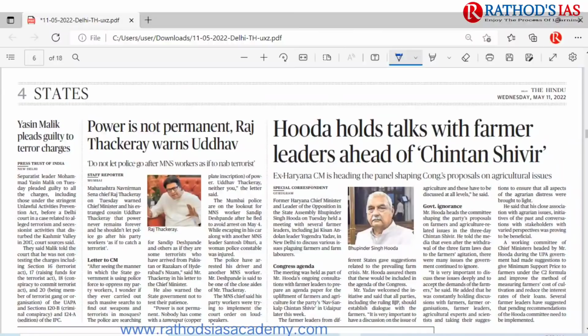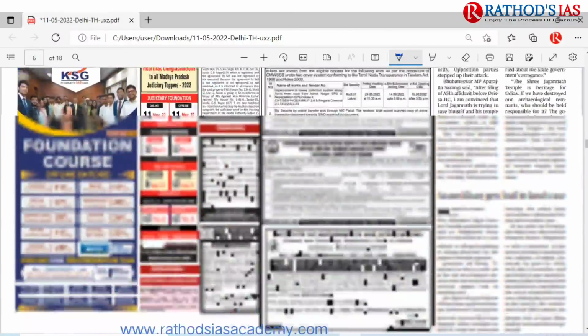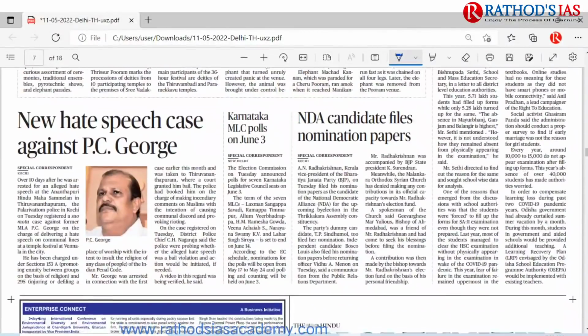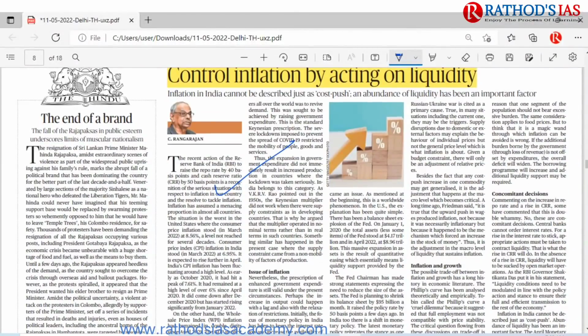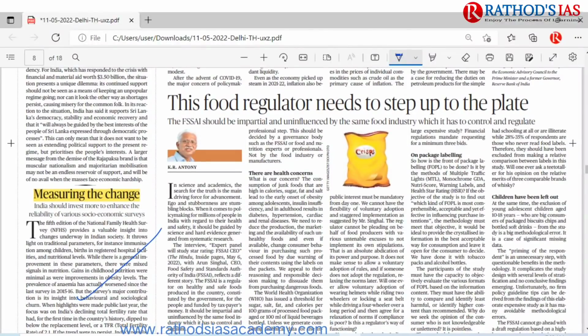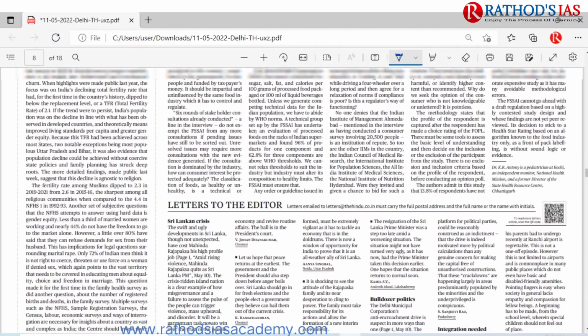And if you move next in the state page also, I didn't find anything important. And you can see this editorial page, I discussed this inflation topic. I discussed regarding this measuring of change, that is National Family Health Survey. And there is one article regarding FSSAI, which should be impartial and uninfluenced by the food industry which it has to control and regulate. So if you want, you can refer to this article, but it is not much important from the UPSC